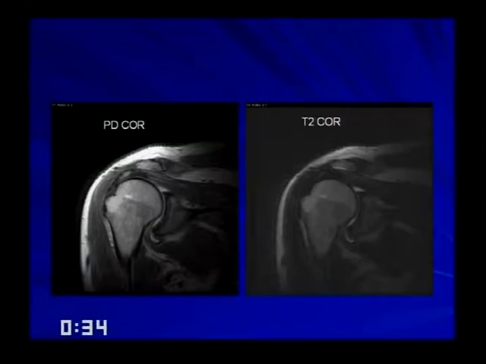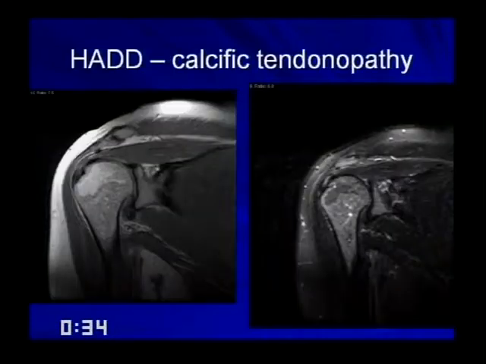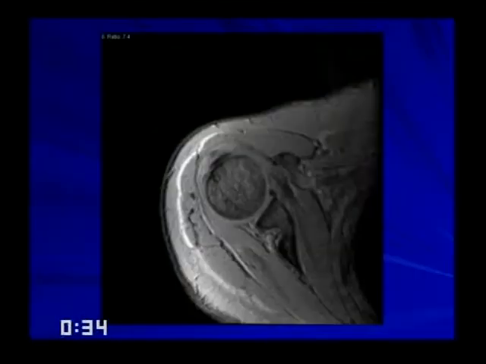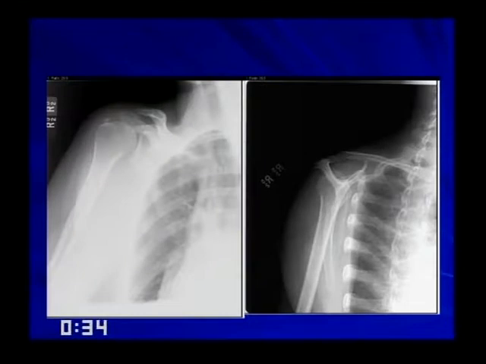Another patient, a lot of increased signal here on the T2, however, it does not get as bright as this fluid. And again, tendinopathy. Again, a patient with tendinopathy. And this patient actually had calcium hydroxyapatite deposition. And here you can see this calcium hydroxyapatite. It's seen best on a plain film, and you can see that it's in the supraspinatus.